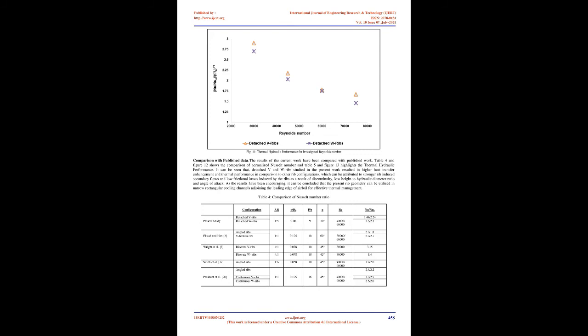Further analysis of Nusselt number obtained indicated that the intensity of heat transfer was high at the reattachment point, as the thickness of the velocity boundary layer is the lowest and mixing of coolant is better. After the point of reattachment, the velocity boundary layer starts to grow, leading to a gradual increase in wall temperatures. At very high coolant velocities, the variations in heat transfer between the ribs reduced due to lower boundary layer thickness and better coolant mixing. For detached V-ribs, extent of variation of Nusselt number ratio in the stream direction was low,